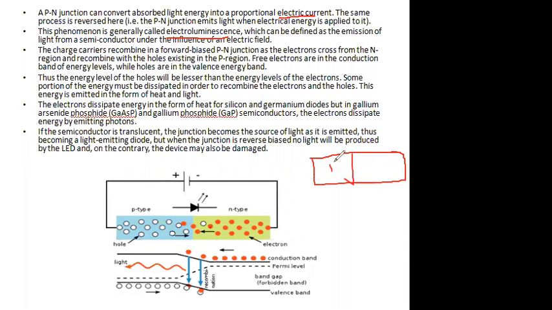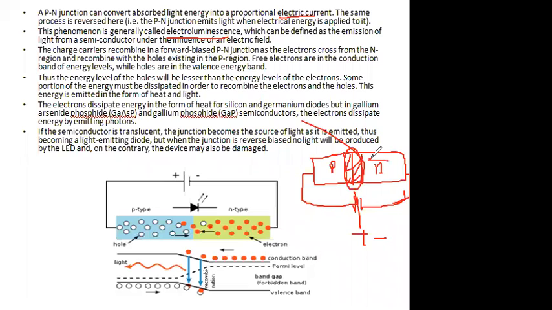This is P, this is N. Okay. When we act, this region is known as a depletion region. If we give a forward bias, then